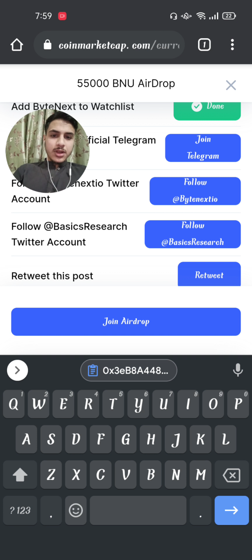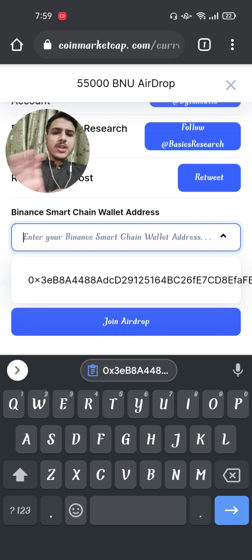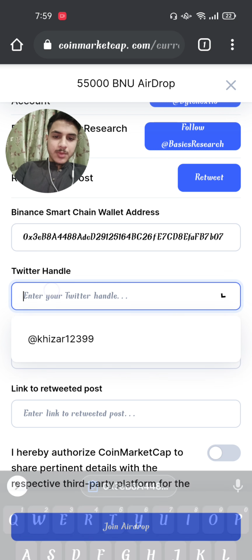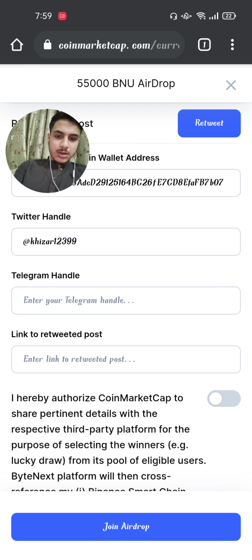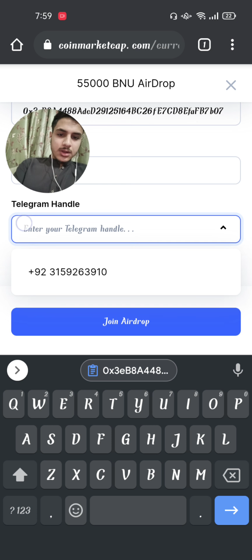So in the Trust Wallet, these tokens are available, and you can anytime swap these tokens on PancakeSwap, or if it is available on Uniswap, or if it is available on JewelSwap, you can easily swap it there. So it is recommended that you please drop your BEP20 address, the Binance Smart Chain address of your Trust Wallet. Here I put my address, and then they'll ask you for the Twitter account, and then also your Telegram